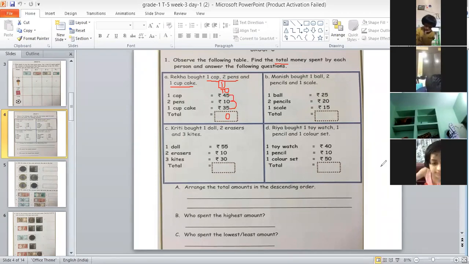Now, Siddharth, you tell me what are the numbers in tens place. Unmute yourself. 4, 1, 3. And one more number is there. I wrote it there as carry over. What is that?